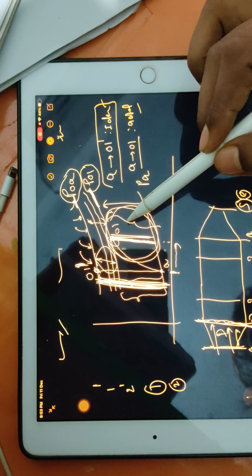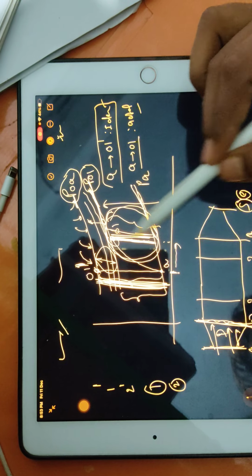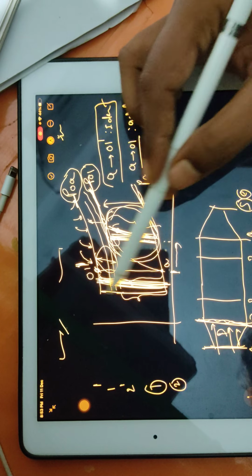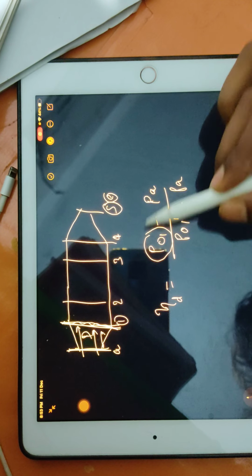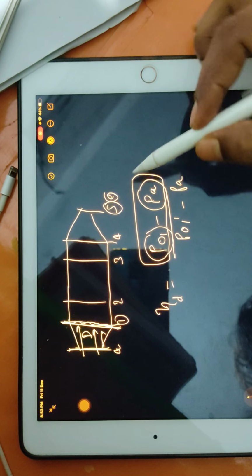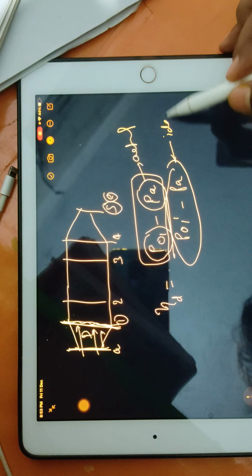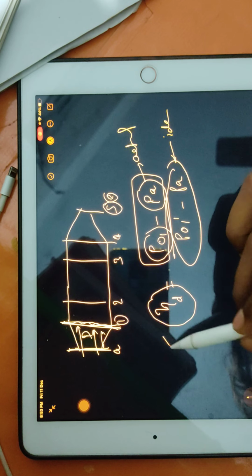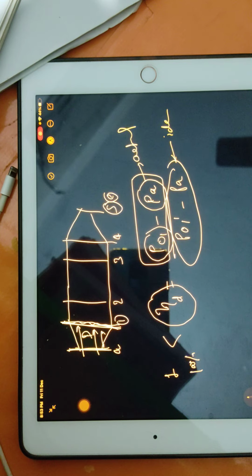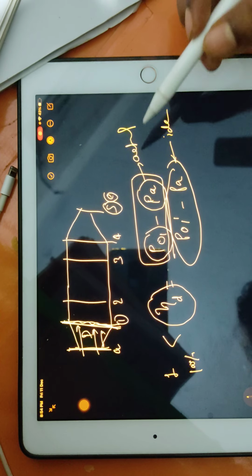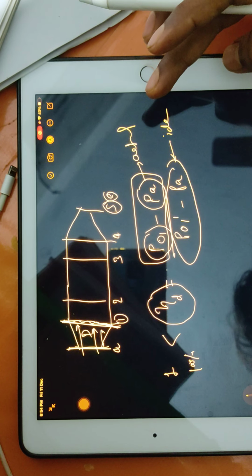That output I will write in terms of pressure difference. So this pressure minus this pressure will give me this gap, divided by this gap. That's why I am writing like this: P naught 1 minus PA. This gap is the actual and this gap is ideal. And always remember, efficiency always comes less than 1 or less than 100%. Is everyone clear with the formula of efficiency? Okay.